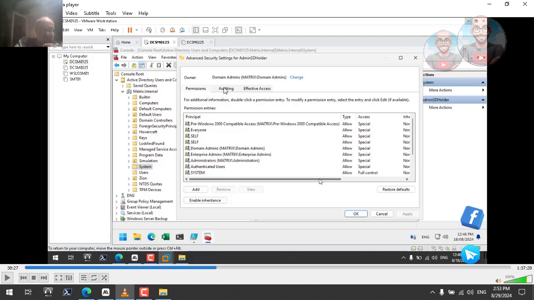So for example, we can see that domain admins, enterprise admins, and administrators all have access to this folder. We need to make sure, or the second test will make sure, the permissions on the admin SD holder folder are correct and only the necessary groups have the necessary permissions on it. So we will stop at minute 38:27 and we will